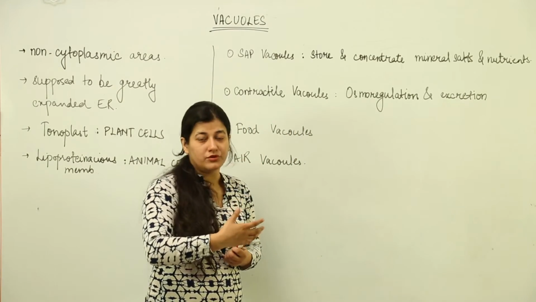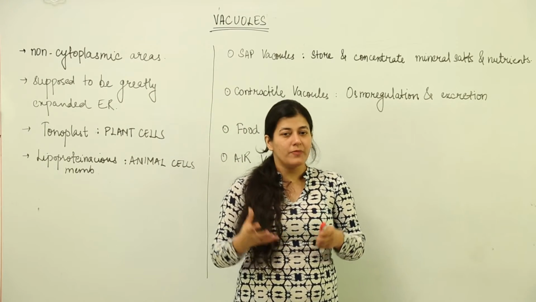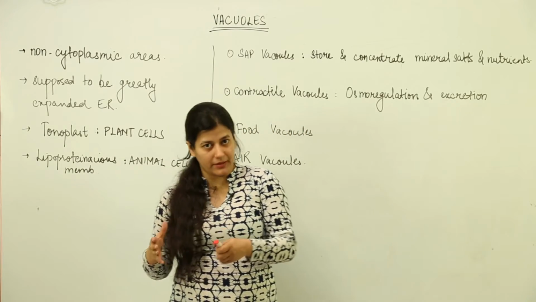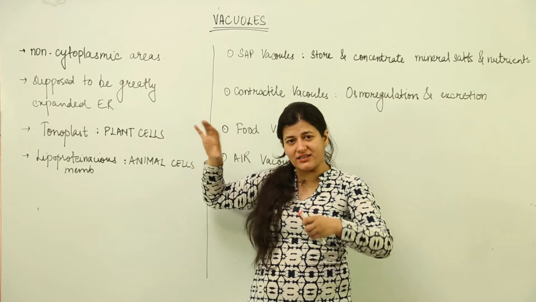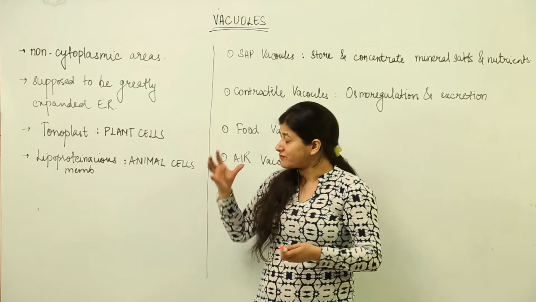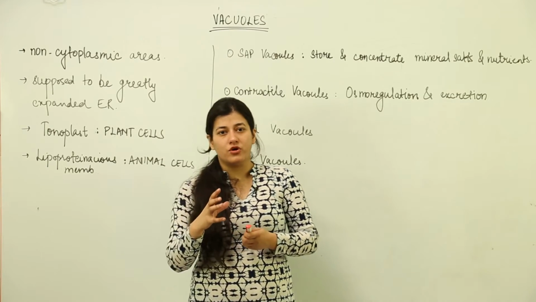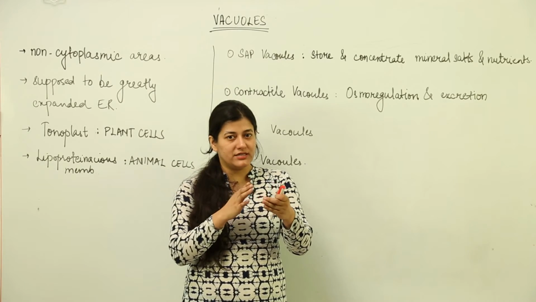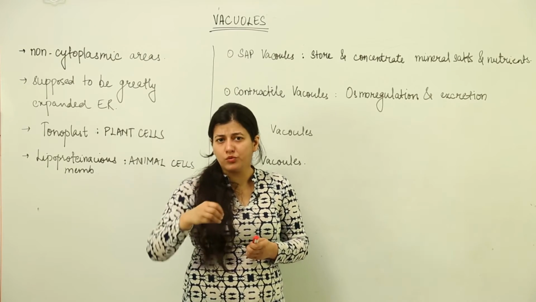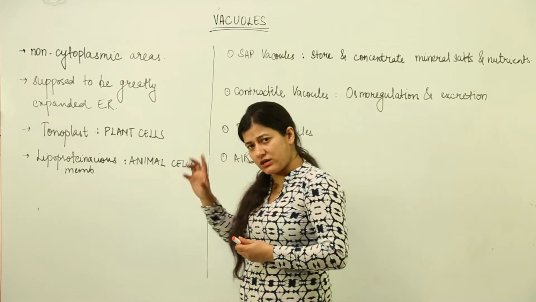So we would come to the different types of vacuoles which are present, but before that we need to understand what a vacuole is. A vacuole is supposed to be an extension of the endoplasmic reticulum itself, and it is believed that it is a greatly expanded endoplasmic reticulum which has its membrane, and it is supposed to do various functions of storage basically. You might have drawn a plant cell and an animal cell. The big distinguishing factor was a large vacuole present inside the plant cell which was filled with water. That is your remembering and understanding from the earlier classes.